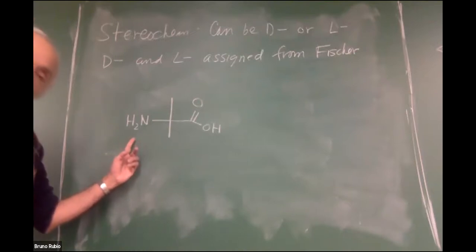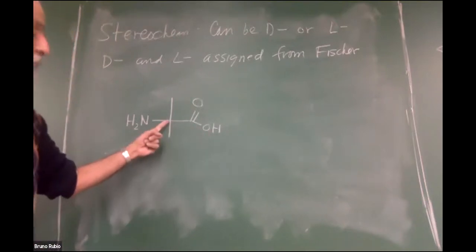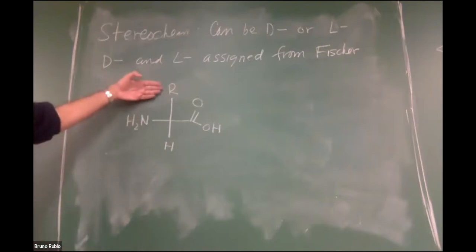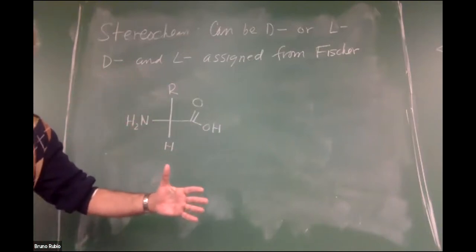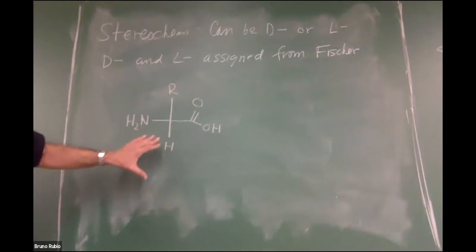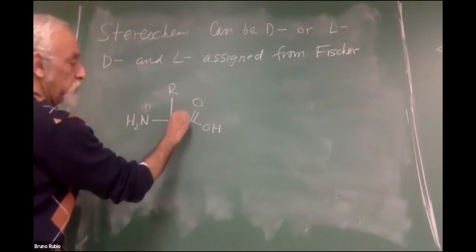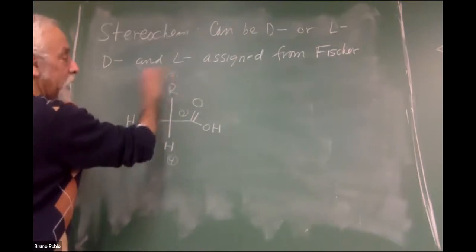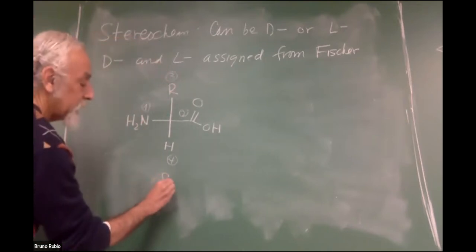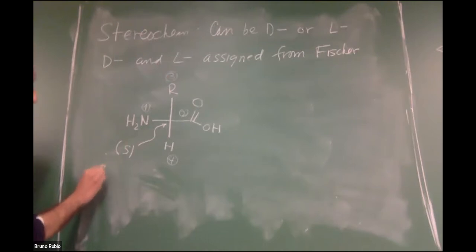And when you draw the amino group on the left, the carboxylic acid group on the right, the alpha carbon here in the center, and when you put the H down here, the R is always up here on top, right? And remember, in a Fisher projection, the east-west bonds are reaching out to hug you, right? So if we did the determination of absolute configuration, we see nitrogen would be 1, the carboxylic acid group would be 2, hydrogen would be 4, and this guy is nearly always going to come in at number 3. So with this hydrogen pointing away from me, I see 1, 2, 3, that's the S absolute configuration. Okay, this would be the S absolute configuration, except